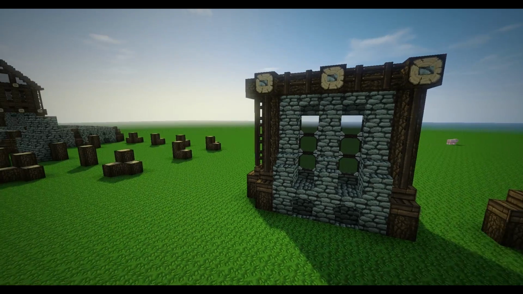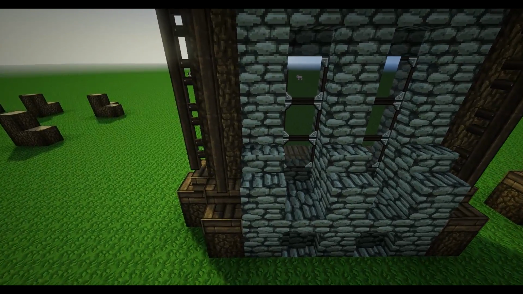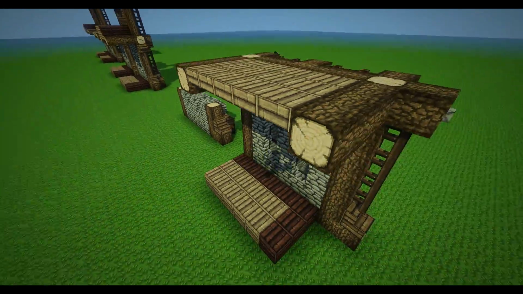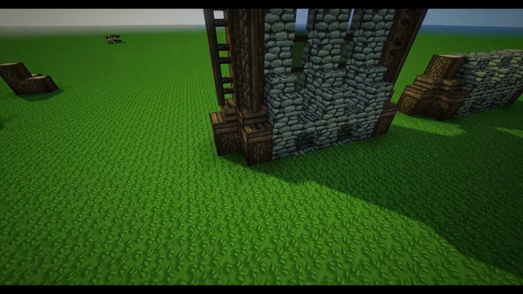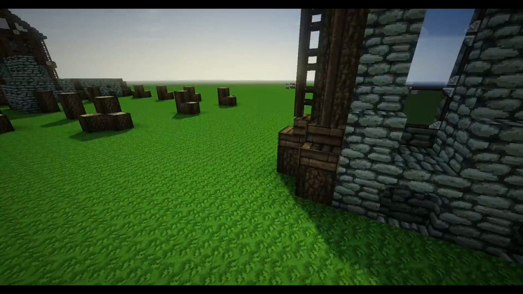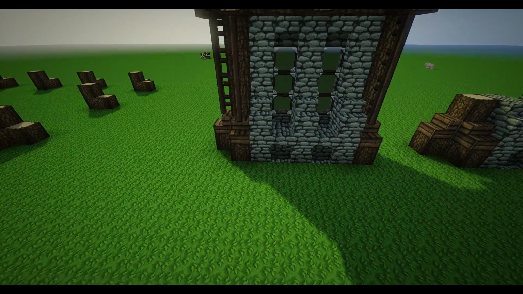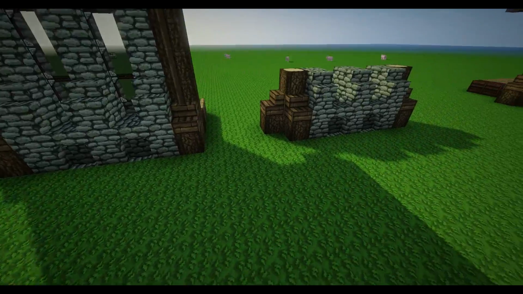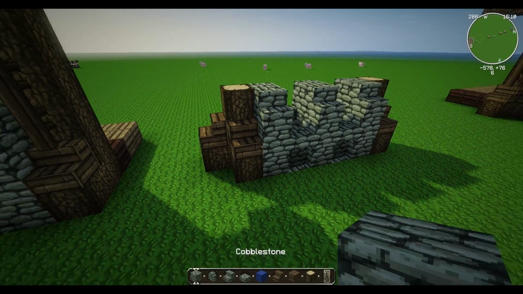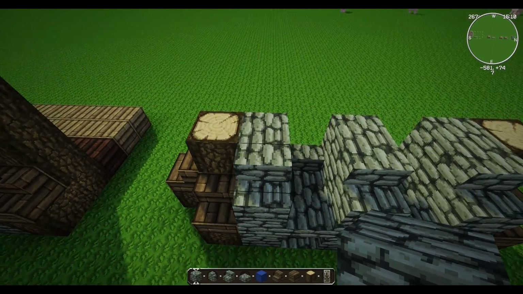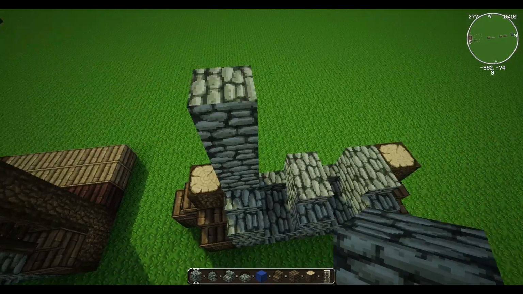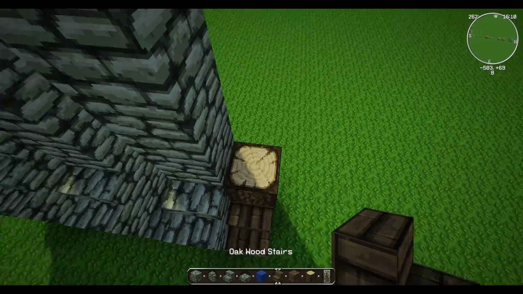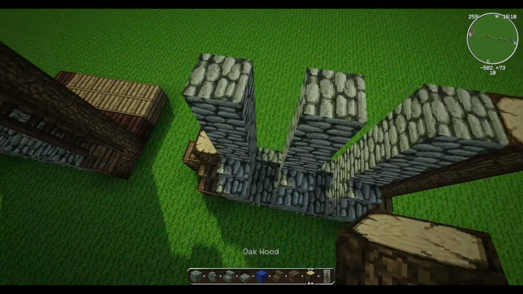And now we're onto the wall section. It works in like a modular fashion. So let's just get a 360 view of this. It's back to the 5 gap. This is what we'll end up with. So I'm just going to walk you guys through how to build this section, and then it's pretty easy to just replicate. So what you want to do is you want to extend your cobblestone blocks up, as well